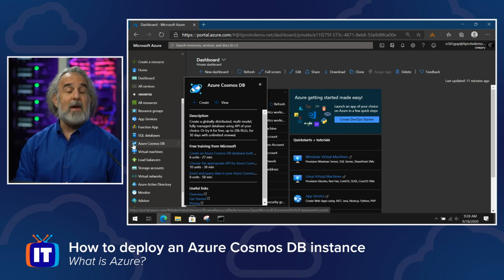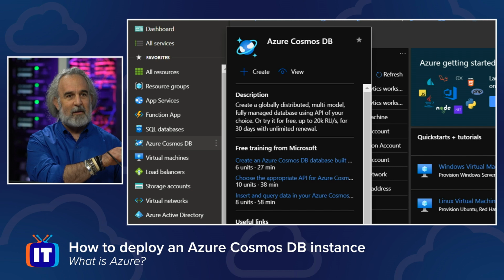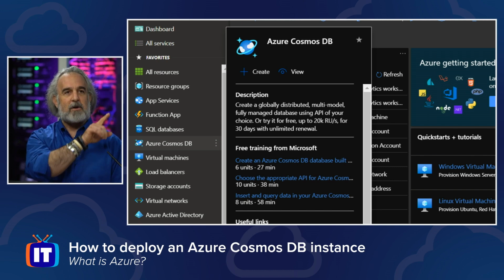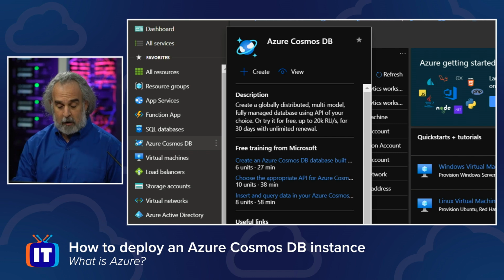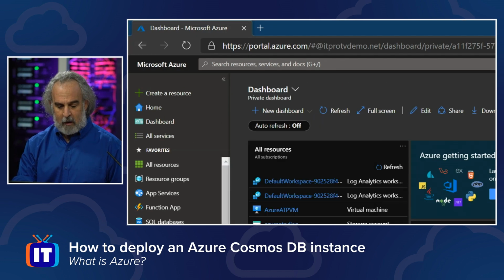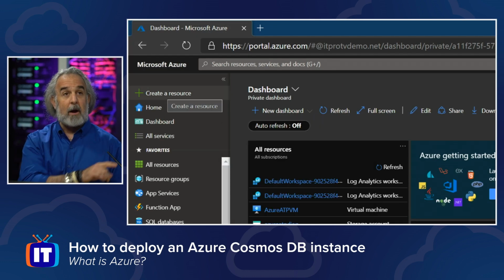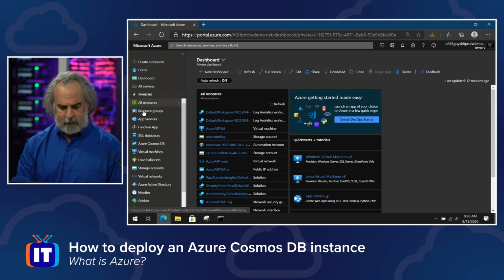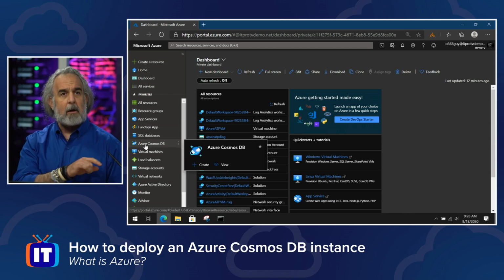If you don't see Azure Cosmos DB in this list, you can add and remove elements, so it may look different for you when you go to take a look. Let's zoom in real quick so you can see that up close. You can use the all services and dashboard elements up above to search. You can also come right up here, use create a resource, or use the search bar and type in Azure Cosmos DB in order to find it. So it's really easy to get to. We're going to click on it.